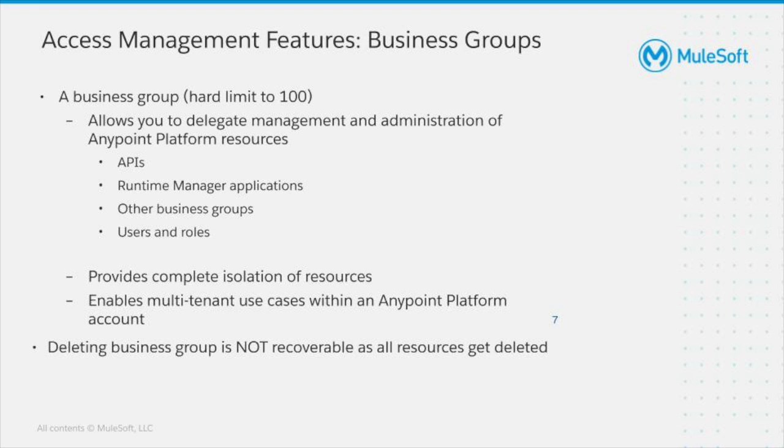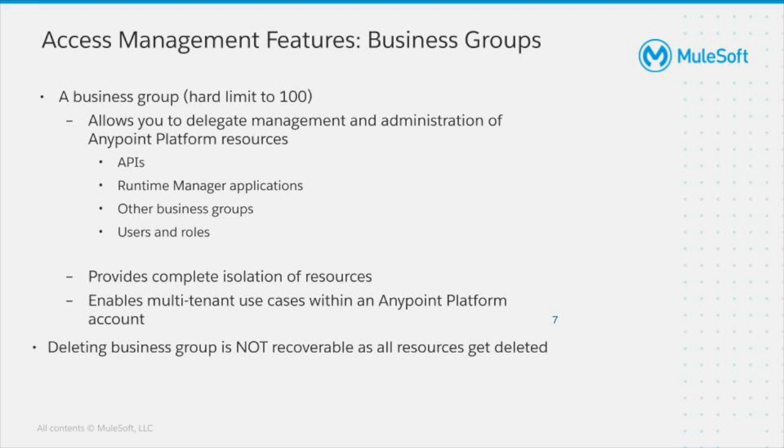So let's discuss the business groups in more detail. As mentioned, the main purpose of business groups is to provide different lines of businesses with isolated platform components and other infrastructure like vCores, Anypoint MQs, VPCs, etc., which enables lines of business with better visibility and control over their applications and resource allotments. There is a hard limit on the number of business groups that you can create in an organization, which is set at 100 for now.